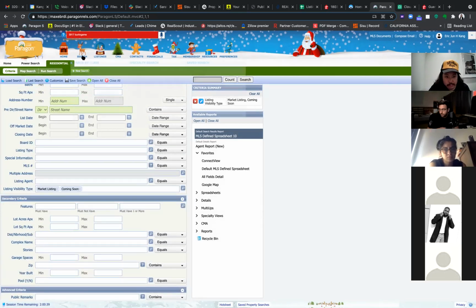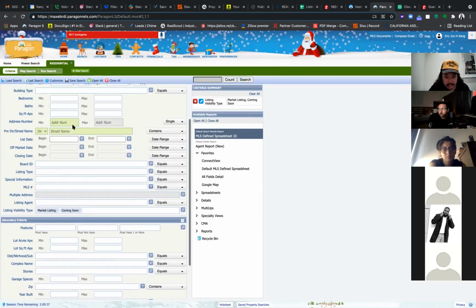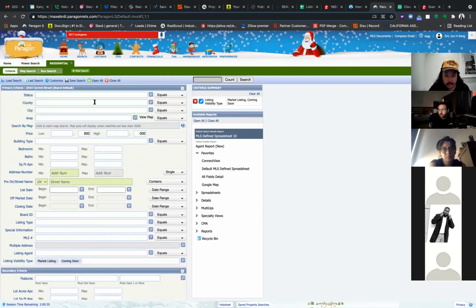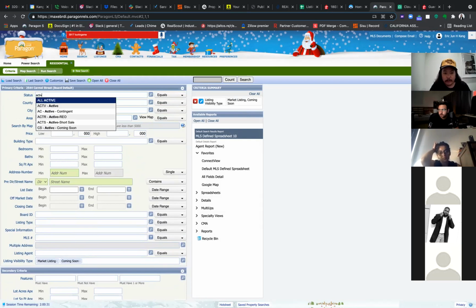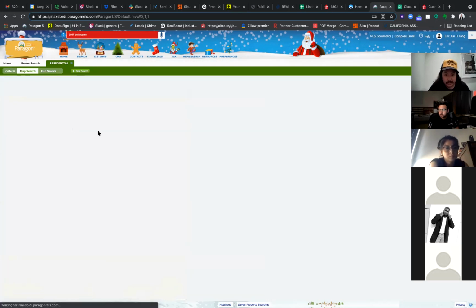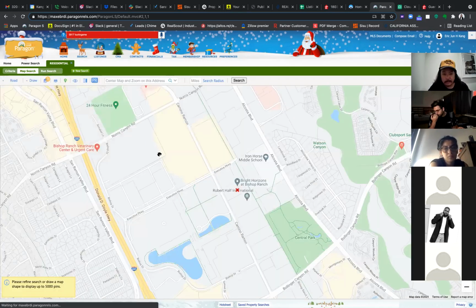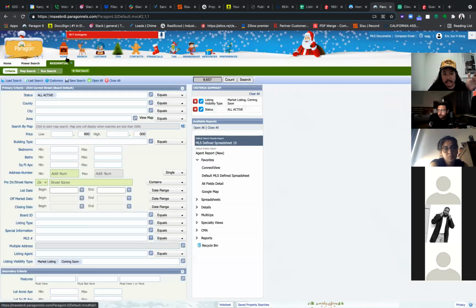And so when you click on this search residential tab, this isn't just for running comps. Like let's say you were looking in a specific area for a client. So then you put active and then maybe do a map search to specifically focus on the area they're interested in or whatever the case might be. But basically, on the home search or on the home tab,